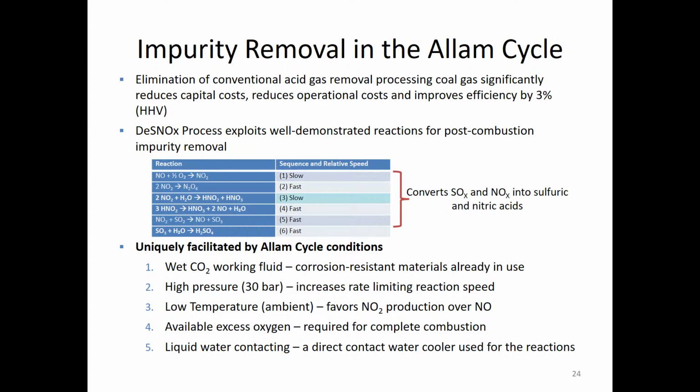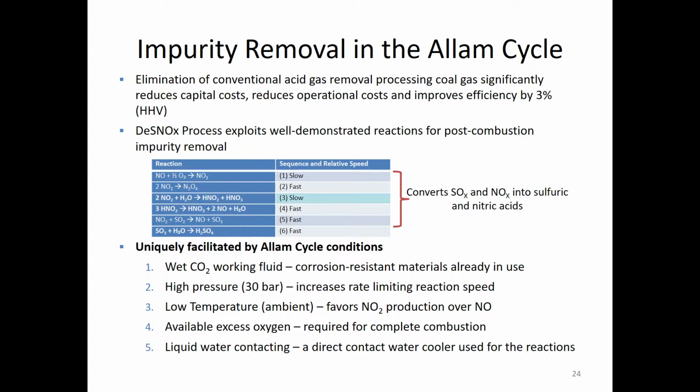Now, in our system, we have nitrogen oxide, but we have excess oxygen. And we have a high pressure. And this reaction is a free radical reaction, which is second or third order. And therefore, increasing the pressure increases the speed of this reaction. So the fact that we're operating our water scrubbing system at 30 bars pressure means that this reaction takes place